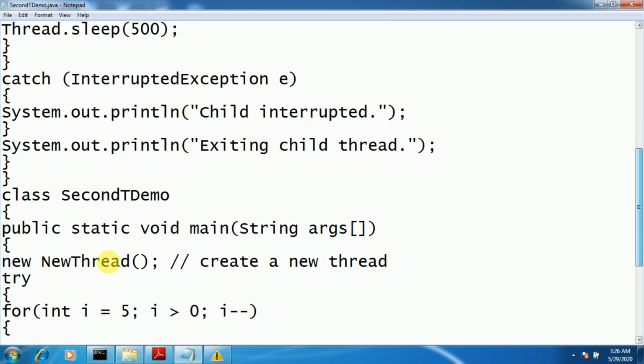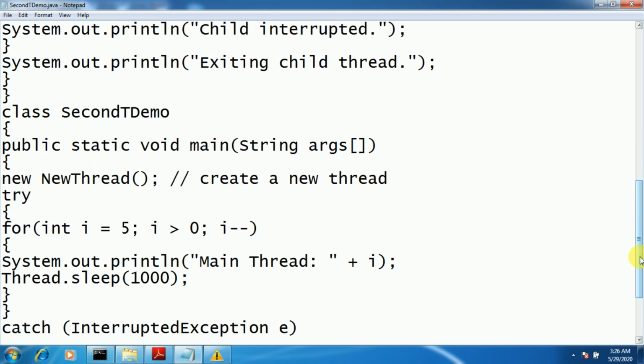So in the main thread, when we have created a child thread by calling new Thread, now there will be two threads running parallelly. One is a child thread, another is a main thread. In the main thread also we have displayed the numbers in